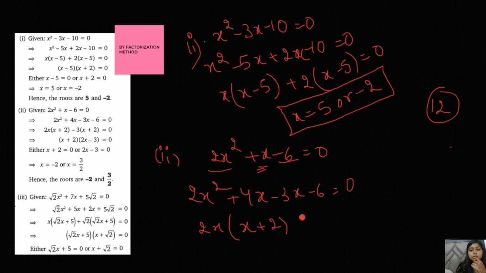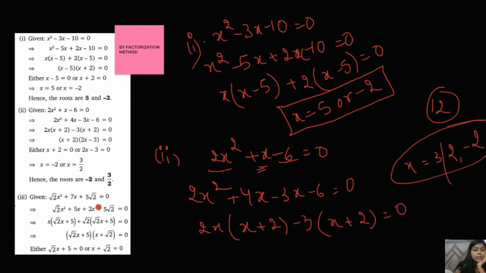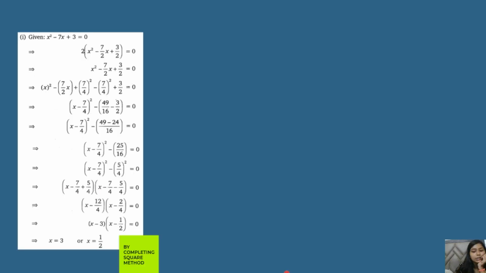I hope this is clear to you and you can solve this last one on your own. Okay, this is also easy. Don't be afraid of these roots, these roots are also easy. Multiplying both of the terms, we will be getting 5 root 2 into root 2. Root 2 and root 2 will be 2, so we get 10, and for getting 10 and 7 as the additive or subtractive, you can take 5 and 2. So just put 5 and 2 here and you will be getting the common factor, and you will get your answer very easily.